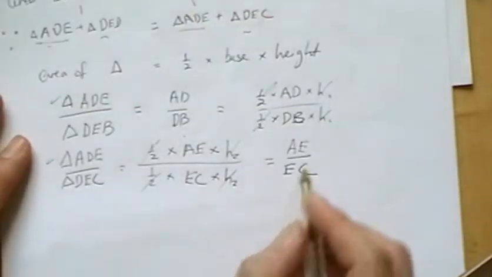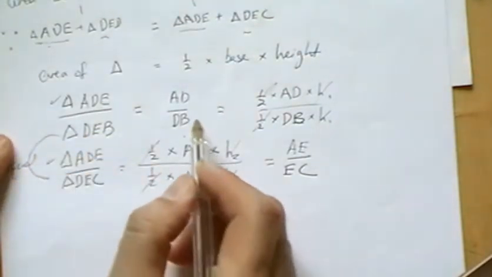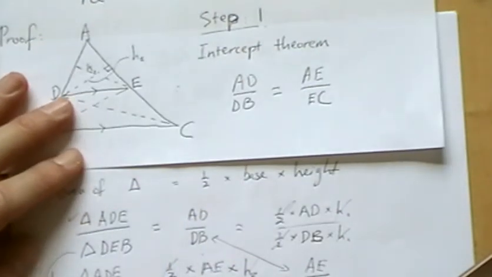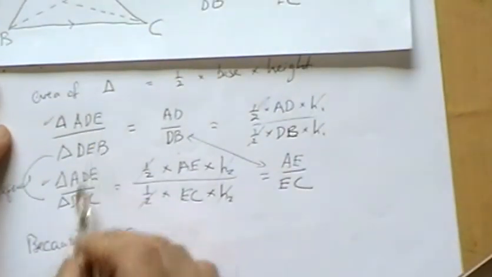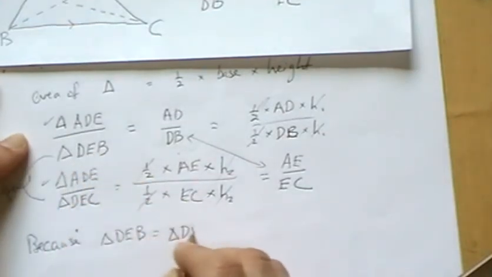Okay, so therefore these two are equal, and therefore those two must be equal, which is what we set out to prove down here. Finally, let me write it down. Because these two, triangle DEB must be equal to triangle DEC, therefore